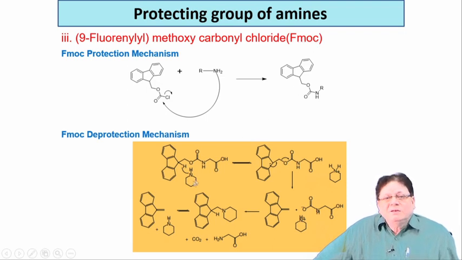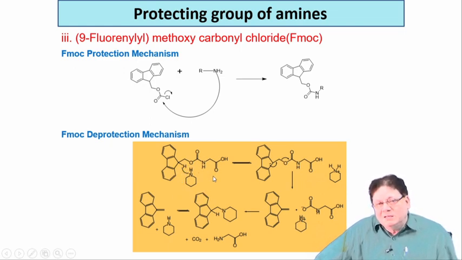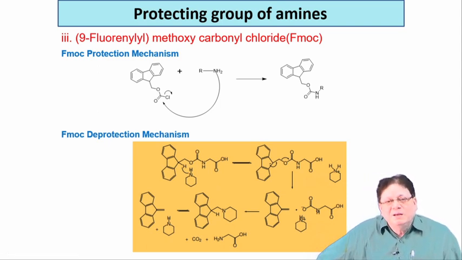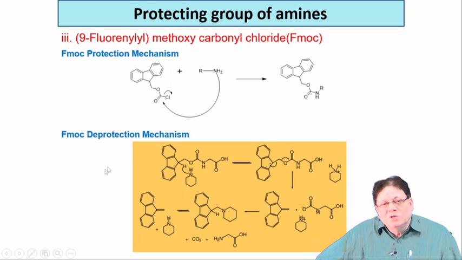Okay. And this group is a little different from the earlier ones, the TBOC or the hydrogenolysis one. This group comes off with aqueous piperidine. Piperidine is a mild organic base. Okay. As I told you, inorganic bases you cannot use, because that will cause racemization of the alpha center. So, you can use mild basic conditions like this aqueous piperidine. If you use piperidine, what happens? This hydrogen is doubly benzylic because there is one aromatic ring here, another aromatic ring there.